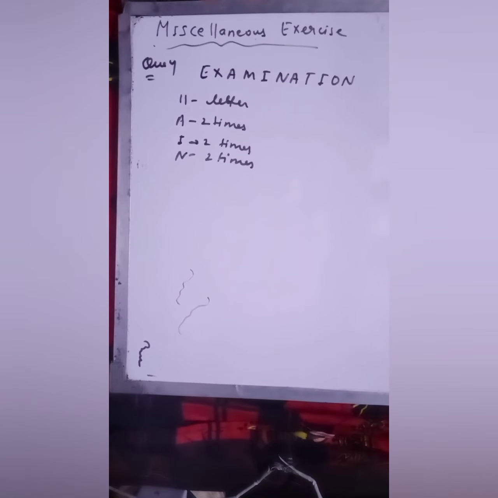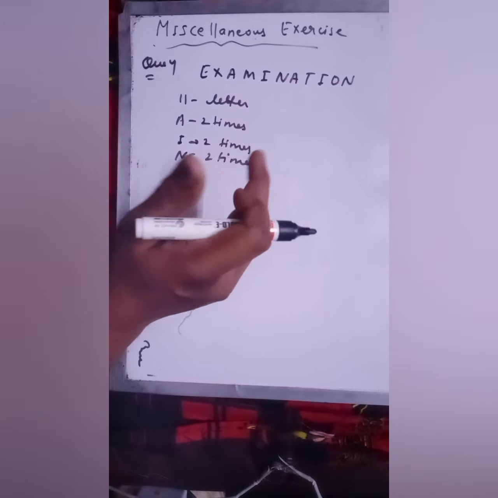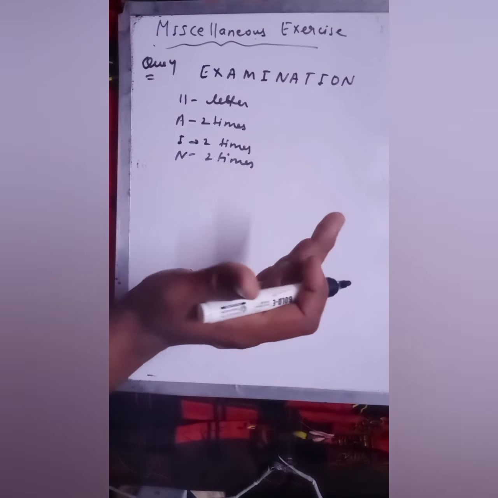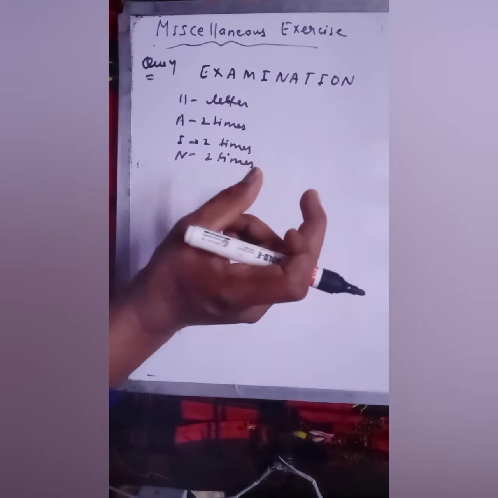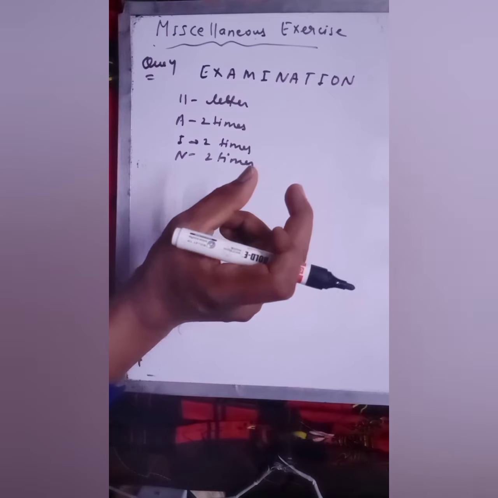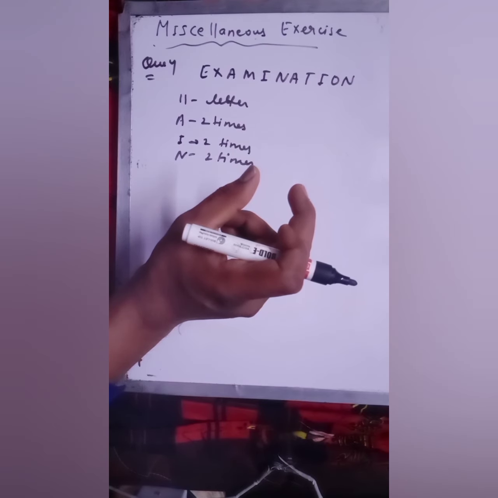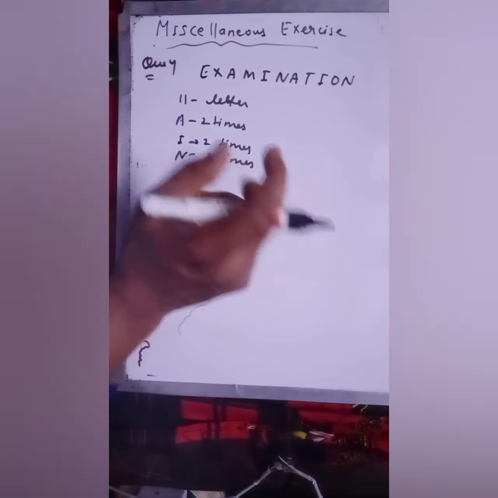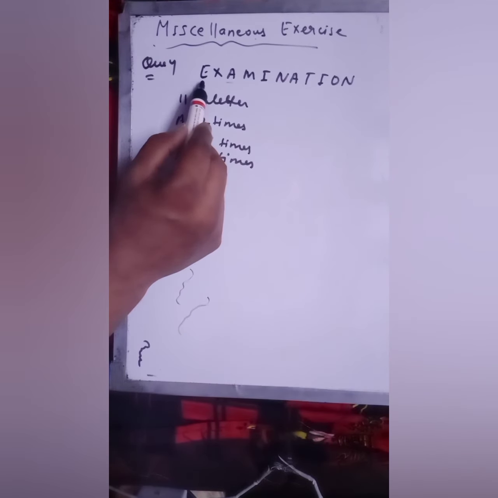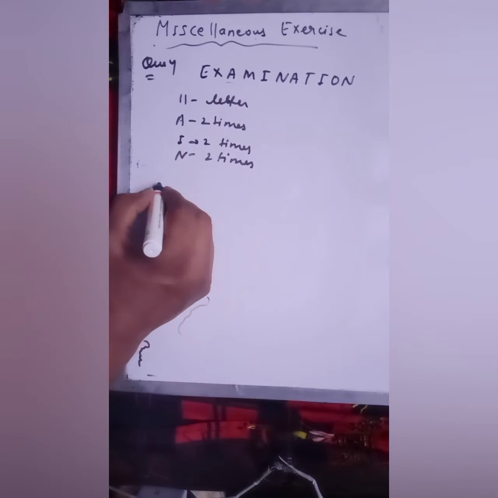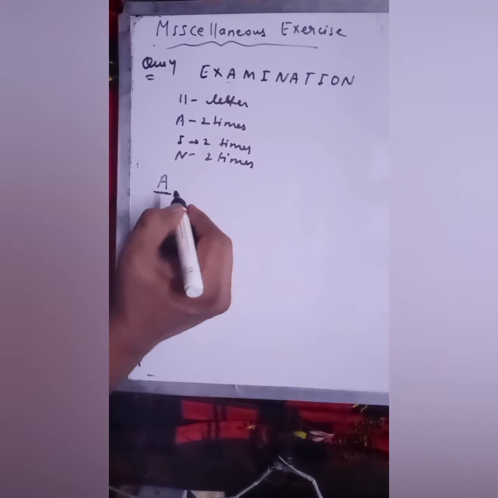See children, here we have to find the word. If you have seen the dictionary, so the question is, the word must appear in the list before the first word starting with E. Okay, so only A is coming before E. Okay, so if we will fix A at the first position,